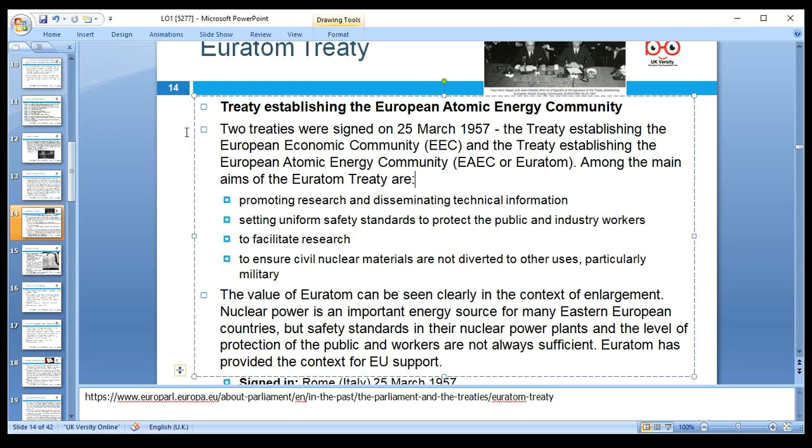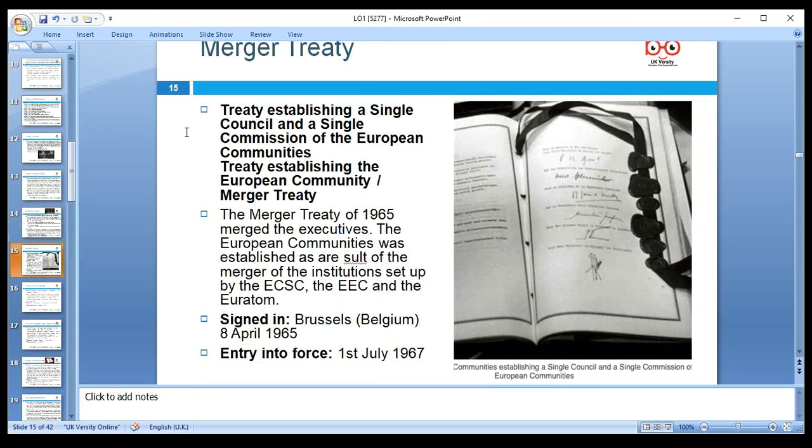1957. So that's the key message: promoting research, dismantling technical barriers and settling unified safety standards. A couple of you have heard about or learned about the Health and Safety Act 1974, which has a lot of elements embedded from the EU legislation. Those are the crucial legislation, and GDPR, the General Data Protection Regulation, which we have recently had, back in